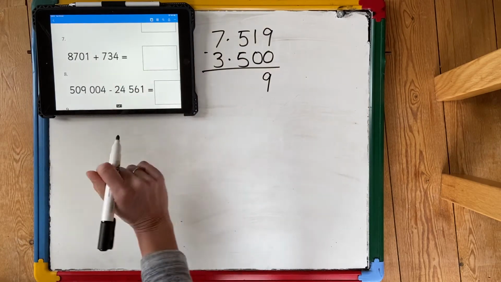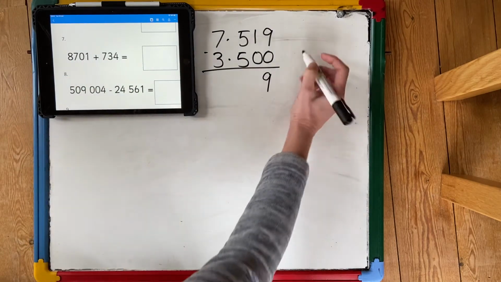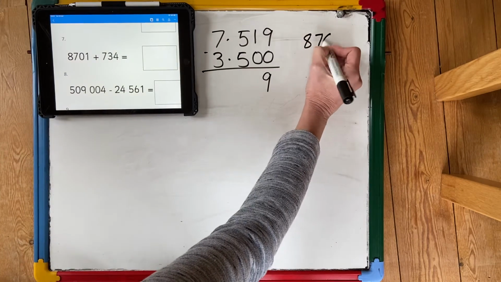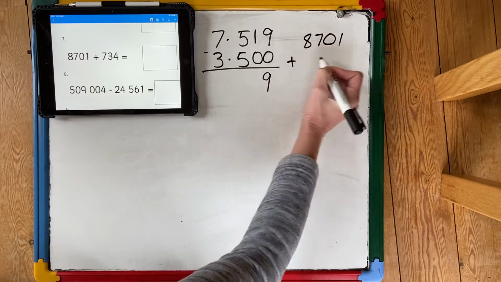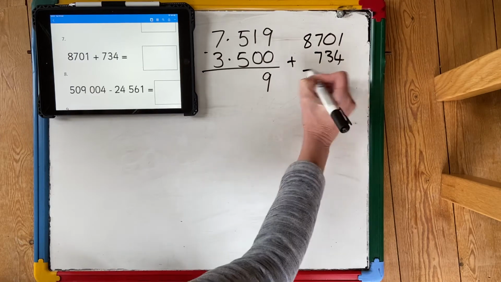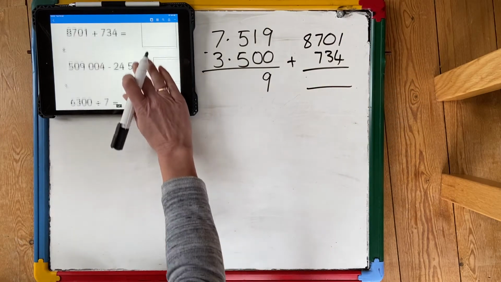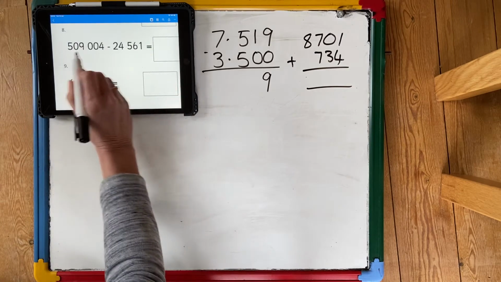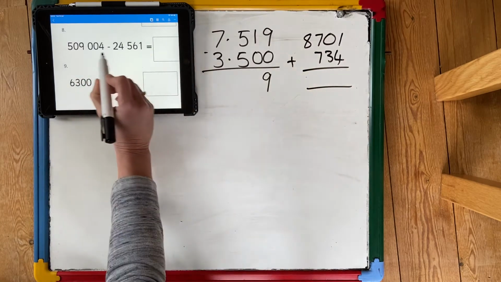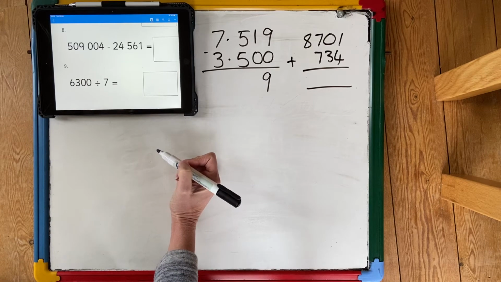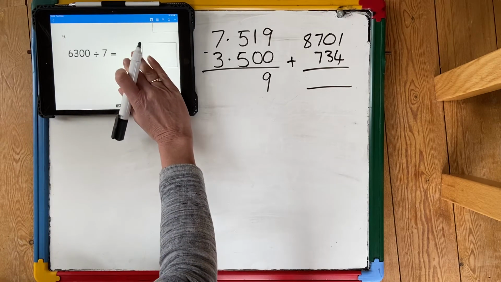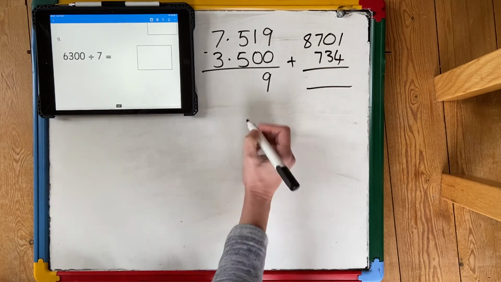Question 7. I think you can do that completely on your own. 8,701, add 734. Remember, make sure that all the digits are in the correct column. Question 8, again, you can do this on your own, making sure the digits are in the correct column. Number 9, 6,300